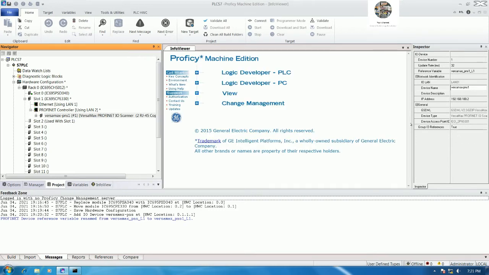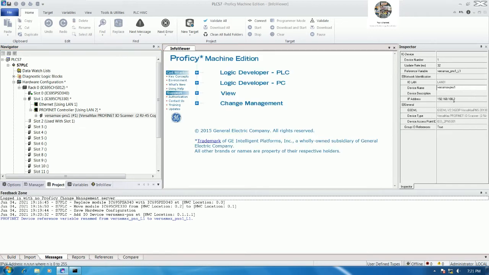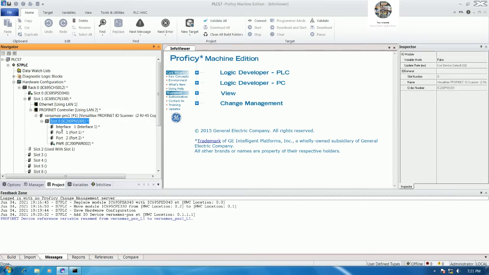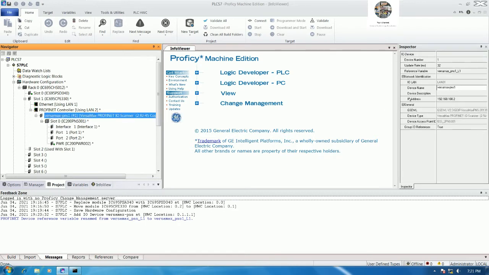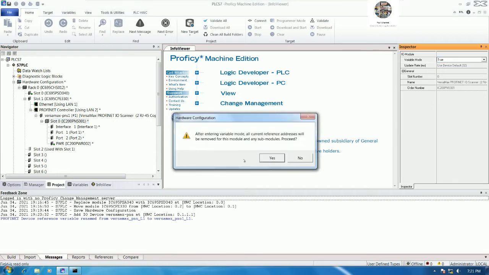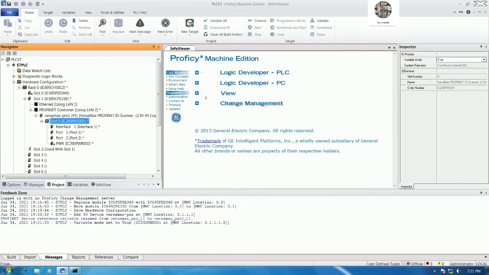And the IP address is 192.168.100.2 for module number 1, and we need to create the power supply. Add the power supply, but before adding the power supply, let's go to variable mode and choose true, and